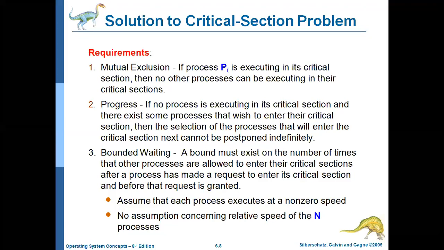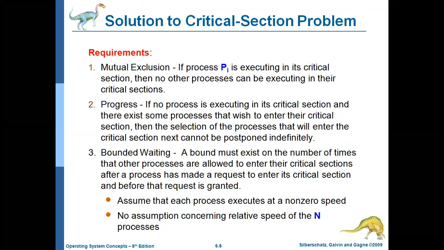And the next one is bounded waiting. What is bounded waiting? For example, the processes are allowed into the critical section. What is the way to enter the critical section? First, the process has to request for the critical section, and then it has to use the code in the critical section, and then it needs to come out of the critical section. That means before entering, it needs to request, then enter into the critical section, use the code, and then exit from the critical section. That is the critical section model.